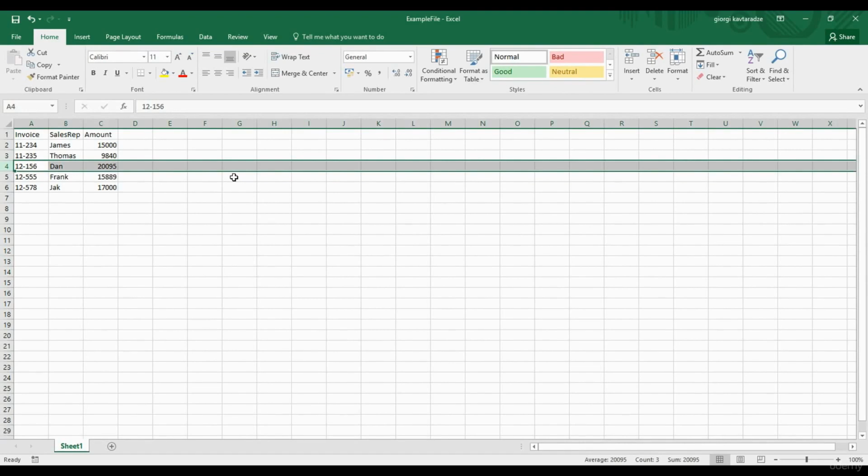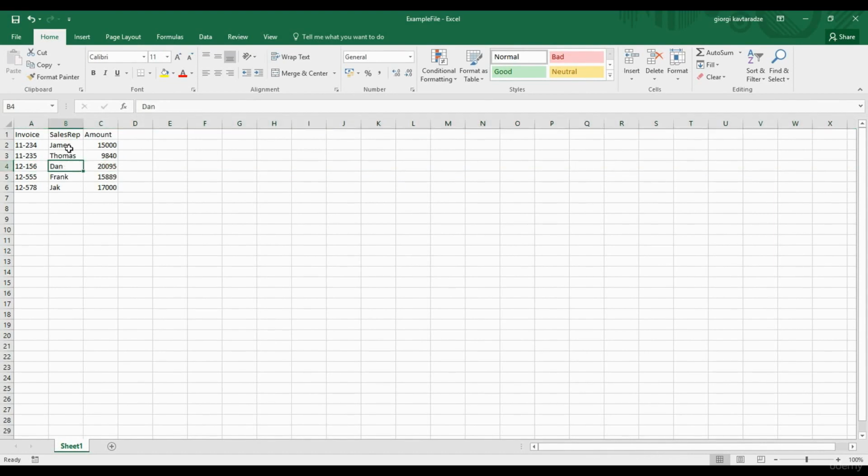Now I'm going to show you how to cut, copy, and paste the data. To copy a cell's contents, we use the copy button on the Home tab, or we can use the Control-C keyboard shortcut. Then we select the destination where we want to paste it. The destination may be a cell or a group of cells. Doesn't really matter. Once we activate the Cut Copy mode, the Paste button on the Home tab becomes active. We can use the Paste button or Control-V on the keyboard